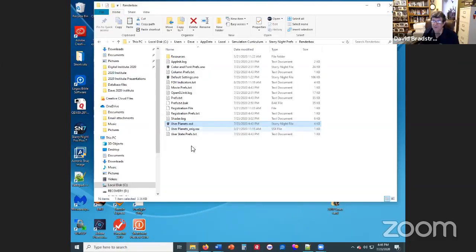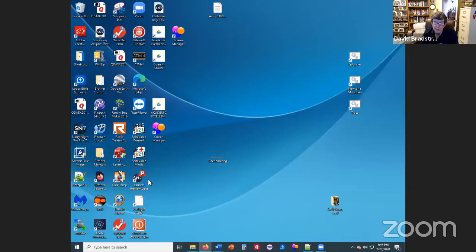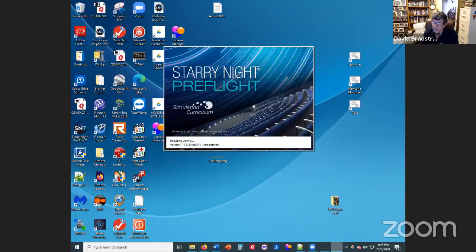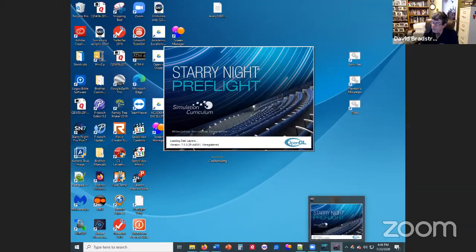But this is the thing. To me, this is dumb. This ought to be fixed. Once you add a new object in pre-flight, it ought to automatically copy that user file into the render box folder. It seems to me that this is a silly thing for us to have to do. Okay, now let's reboot the puppy. Let's see if this works. So the test of this working is going to be that we should be able to see Titus Bode 77.2